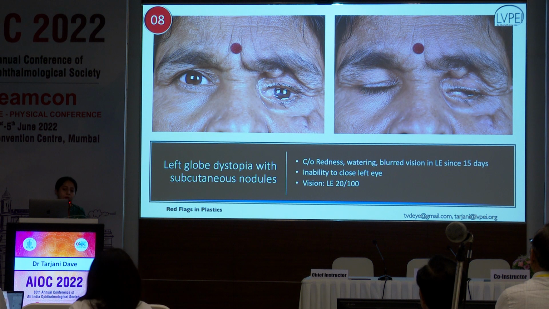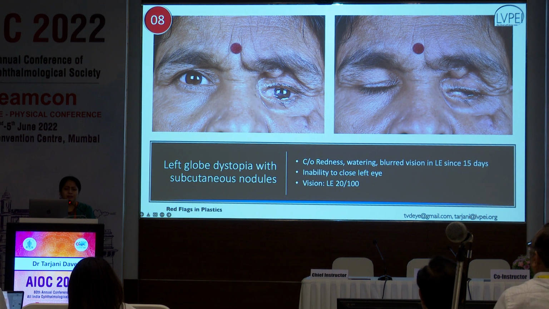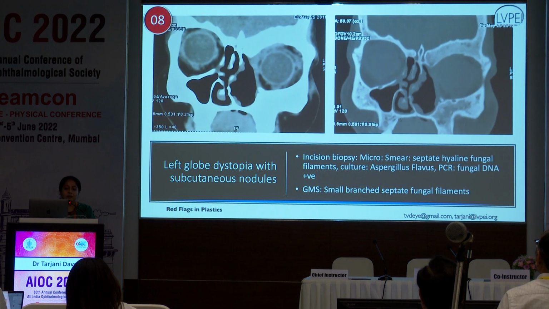The other situation is something like this, where this lady presents with just a 15-day history of blurred vision in the left eye. But if you look at her, this kind of hypoglobus is difficult to come up over 15 days, and there are these irregular nodules everywhere around the eye. We couldn't figure out what exactly we're dealing with, so we ordered a scan, and this is how the scan looks. So your first thought would be that this is some form of a tumor, possibly a benign tumor